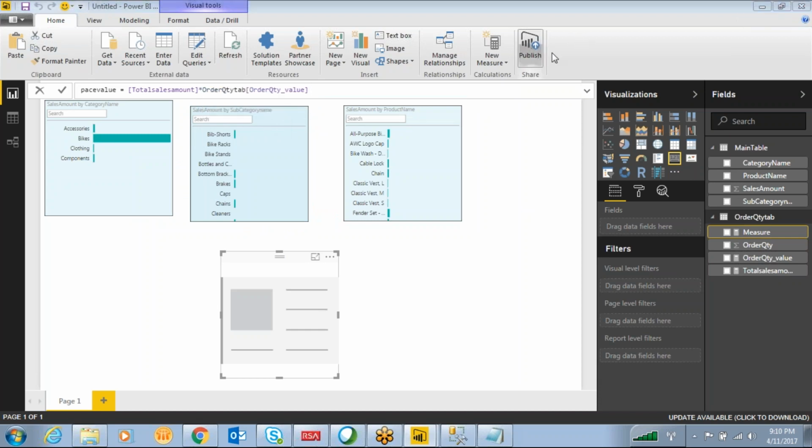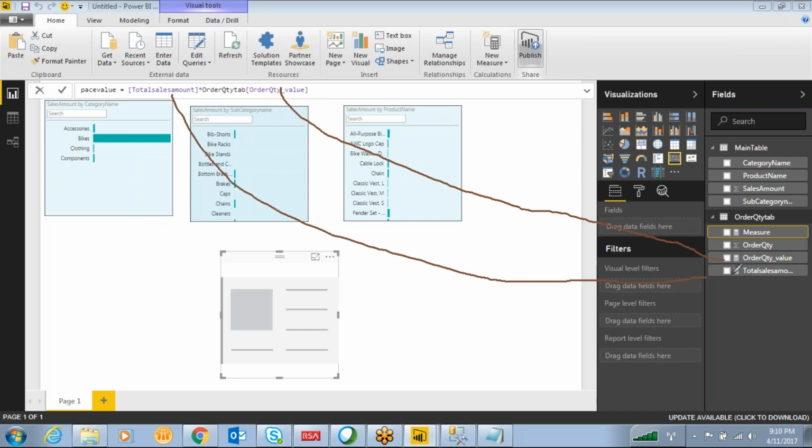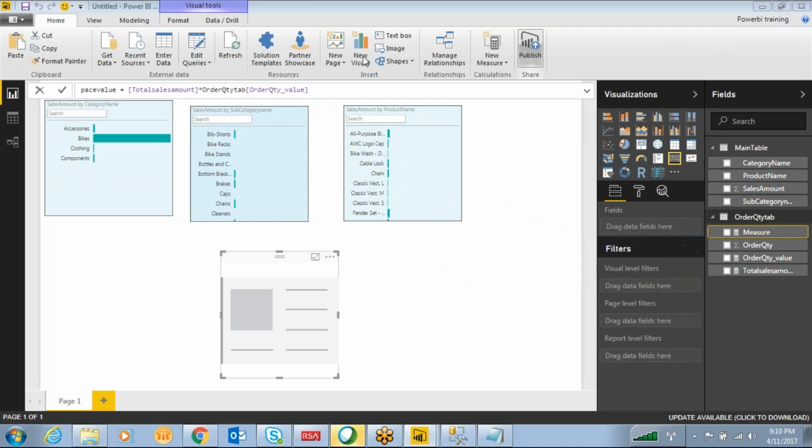These are nothing but the measures we have created, so these two are this value and this value. But when you calculate the base value, you can't take these values directly from the two tables. You have to create two different measures first individually, then use those calculated measures for calculating a new value. Right, so you just click enter. It will create the base value.